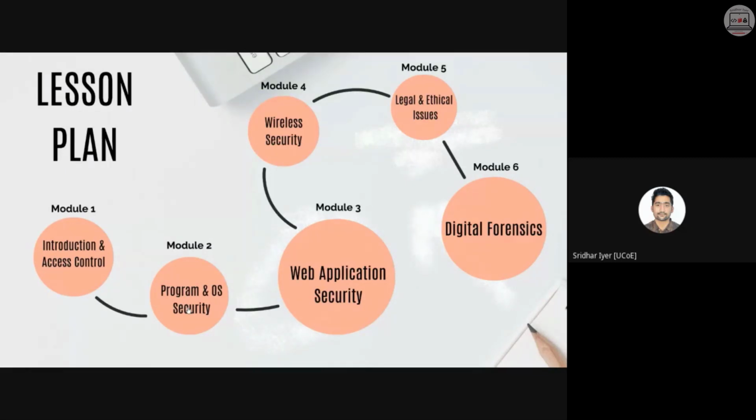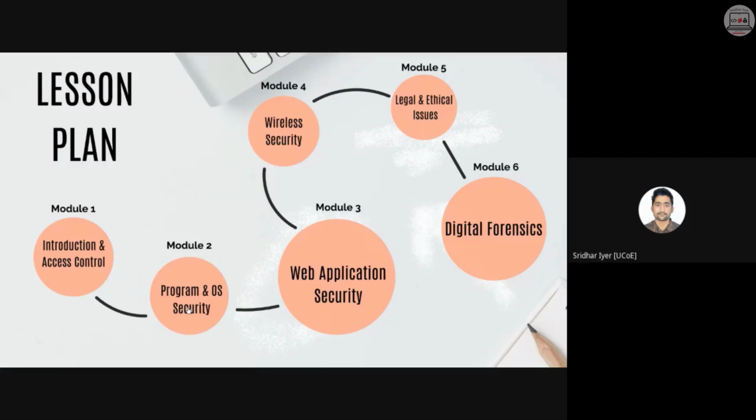Module number 3 is all about how to provide security to a web application. In your previous semester, you have already seen what SQL injection and cross-site scripting are, and how to protect our machines against those attacks. In this semester, we are going to learn about them in more detail: how attackers create payloads and send them to the victim so that once they click on that payload, they fall victim to the attack. It could be SQL injection, cross-site scripting, or any kind of injection attack. We will learn how to provide security to our machines against those attacks in module number 3.